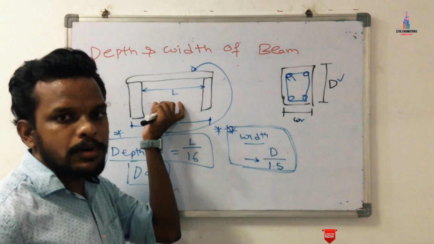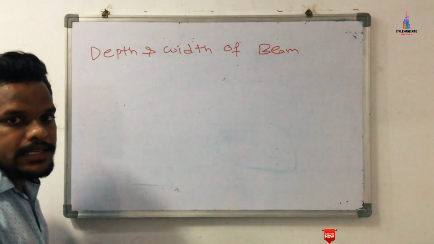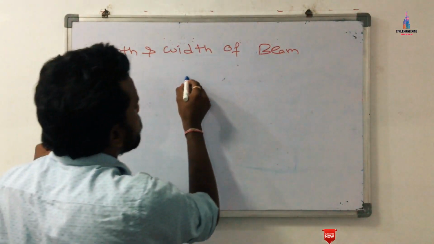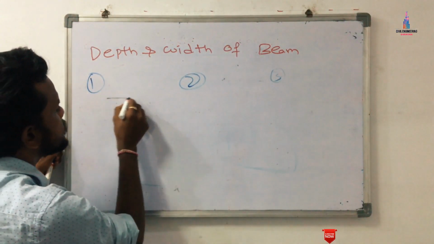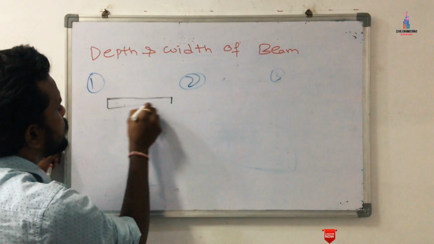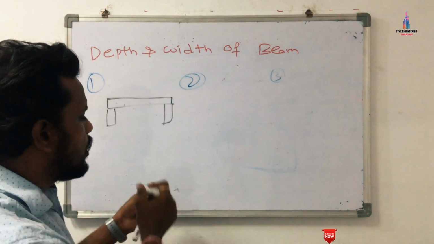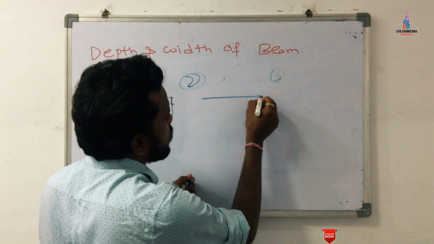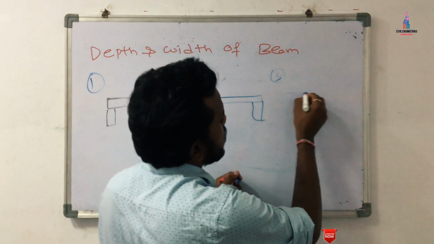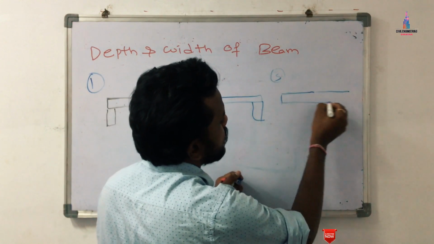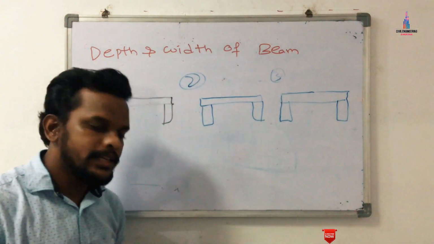Now I will explain how to calculate the depth and width of the beam for span lengths of approximately 5 meter, 6 meter and 7 meter. Let us take a first example, a second example and a third example. The first beam has a length of approximately 5 meter. Let us consider these two vertical sections to be the column sections. Again, I am drawing one more column section here, related to the beams and columns. Again I am drawing one more section related to the 7 meter length. You can apply the same procedure for your respective beam length.